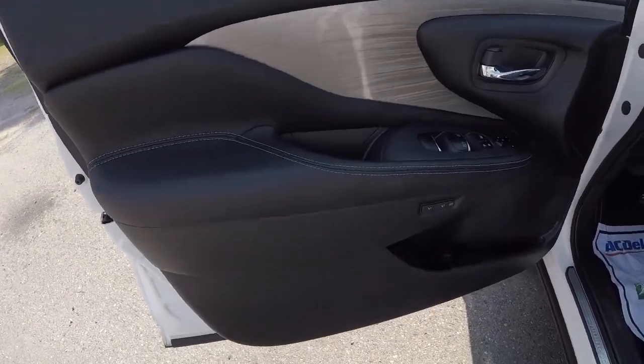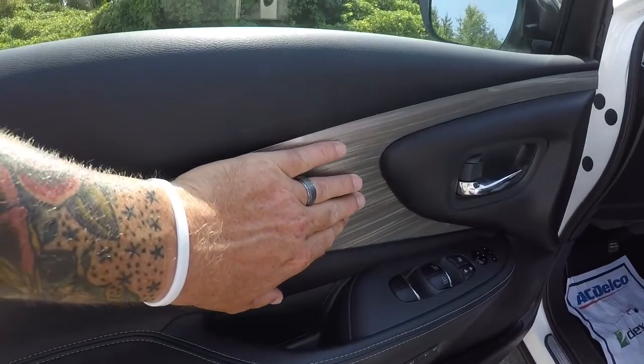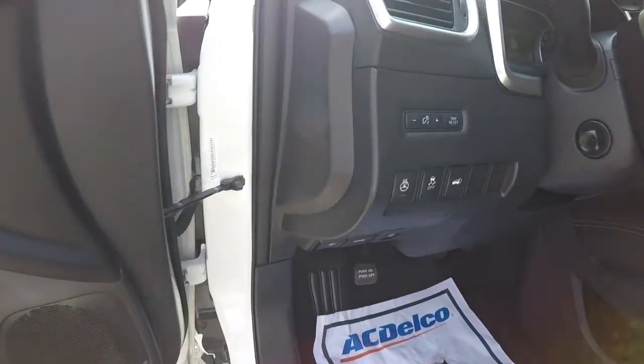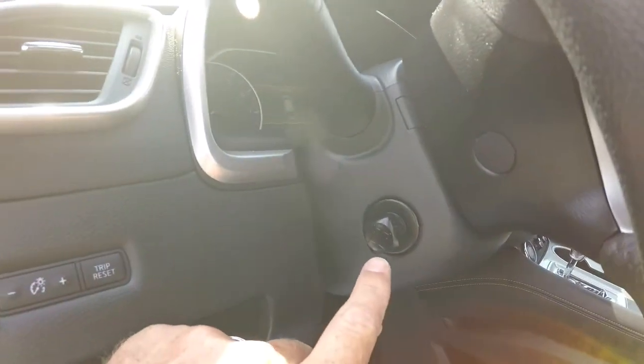All right, got your black leather door panels here with the leather trim here. Nice metallic piece, memory seats, power windows, power locks, power mirrors. Okay. Does have the power liftgate, heated steering wheel, telescopic steering wheel,